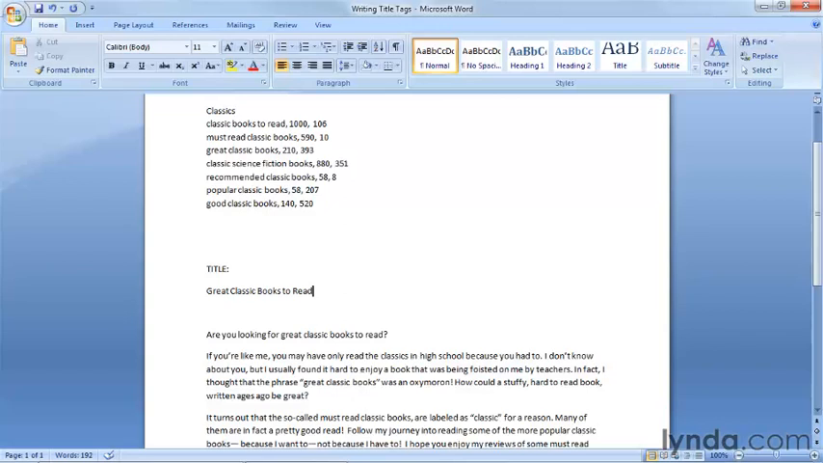So let's see. We also have must-read classic books. Let's add a hyphen, which is ignored and treated as a space by the search engines, and then add must-read classic books. You'll notice I'm typing these in with initial caps. While it doesn't matter to search engines if you use caps or not, as they are not case sensitive, it typically looks better to have your titles use initial caps, just like any kind of title uses. Okay, so we have 9